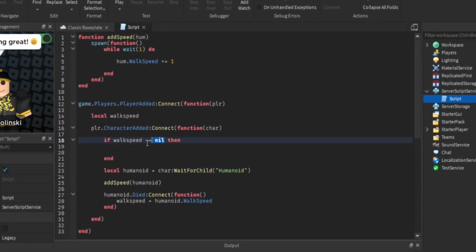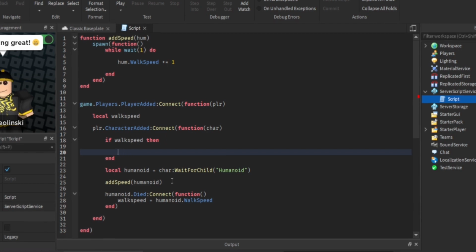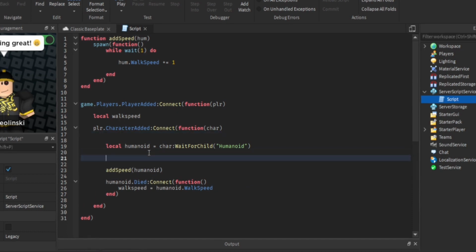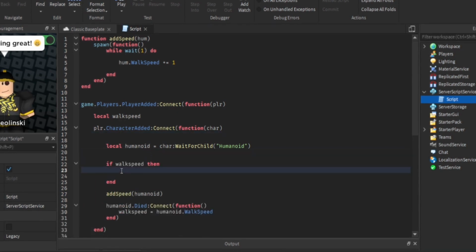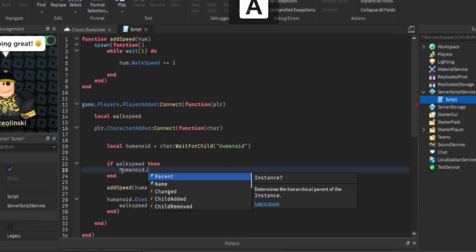So if walk speed has a value in it, then we can set the humanoid, or oops, actually put this if statement after the humanoid thing. If walk speed, then